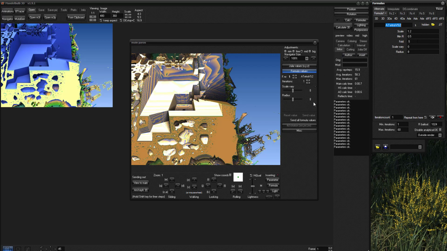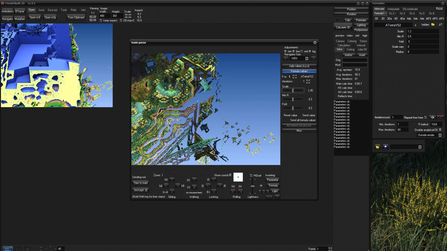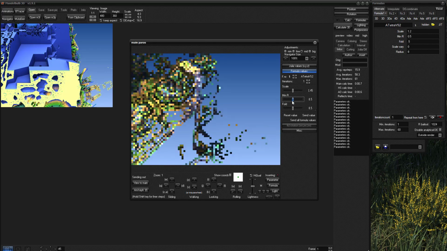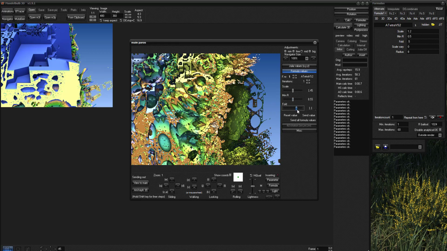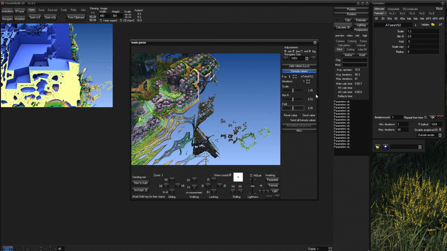So it's the same parameters, but here you've got sliders. You can, you see, move it and directly see what the result is. So this way, I think it's faster and better to change the look of your fractal. So you can do it this way. And so here it's for Formula 1, so tetra vs2. But now if you want to change the second formula, you can click here, Formula 2.